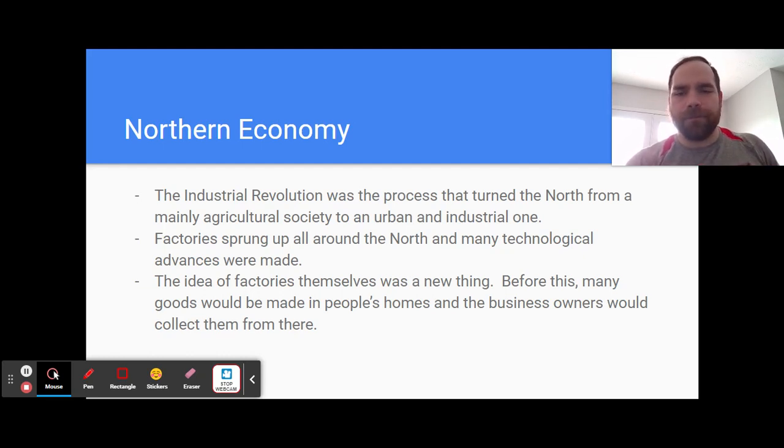So factories spring up all around the North. There's a whole lot of technological advances to be made. Things like interchangeable parts, for example, is a big one. So this is kind of weird, but when you don't make things in a factory, let's say I have a rifle in the military. If each one is kind of made from beginning to end by one person, if one part of the mechanism breaks, it's going to be really tough for me to fix it. There's a good chance I'm going to have to get a whole new one because I don't have this thing